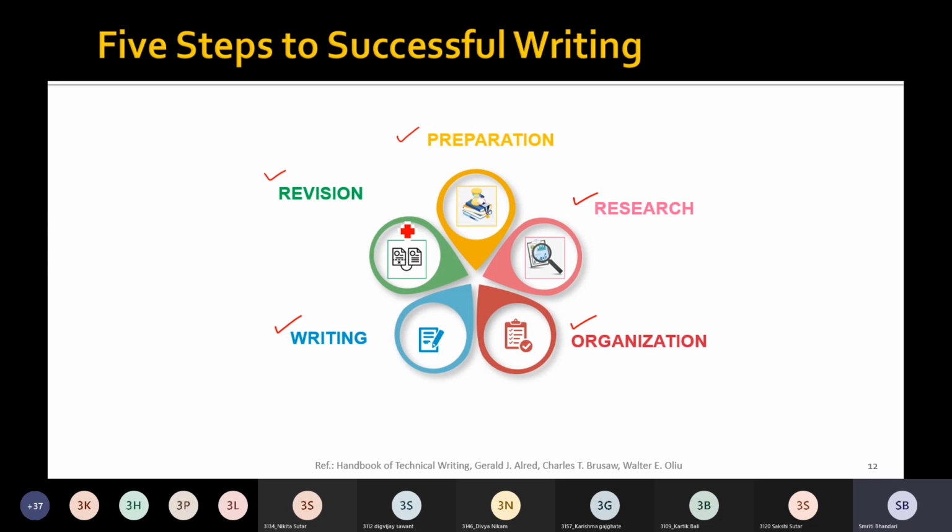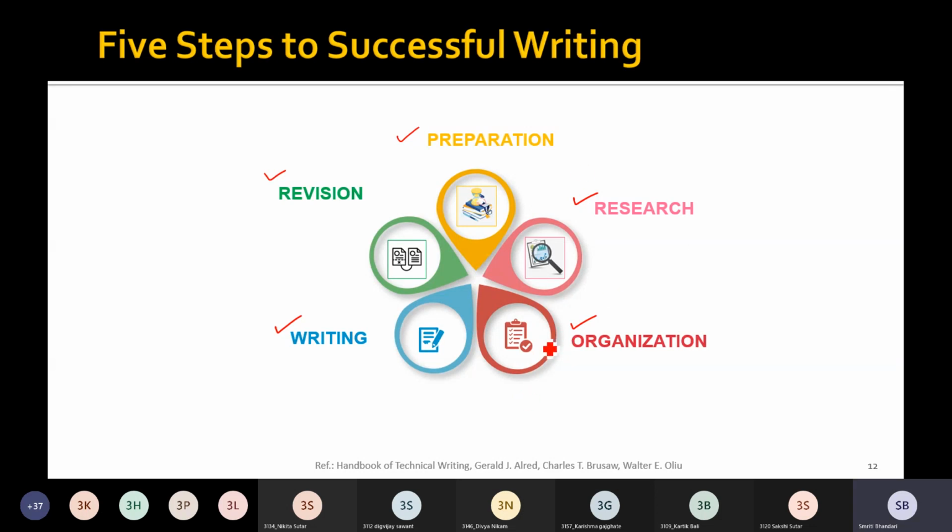Sometimes you may need to retrace the steps. So it is not always the case that you follow the first step, that is preparation, go to the second step, that is research, and so on in the same sequence.